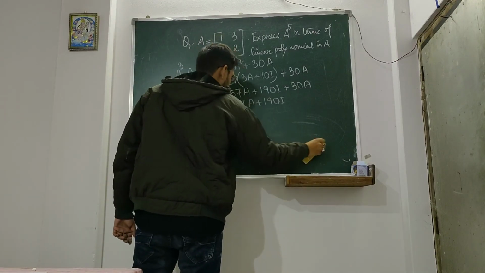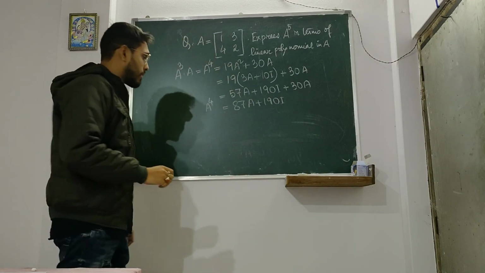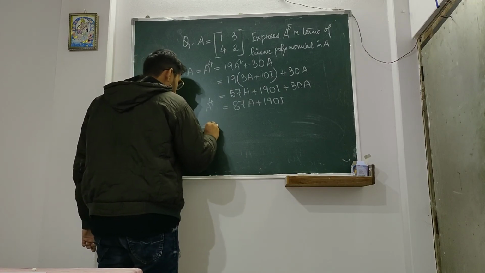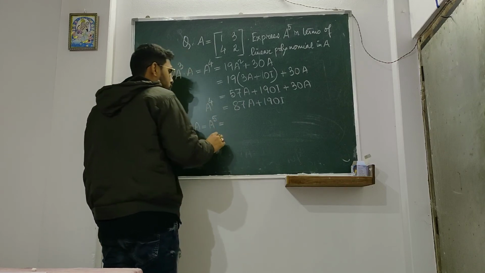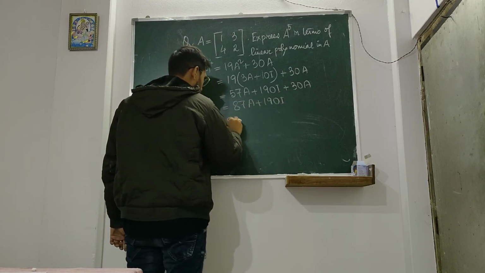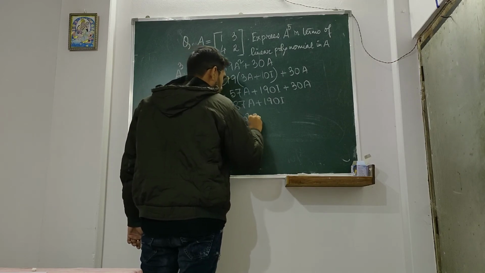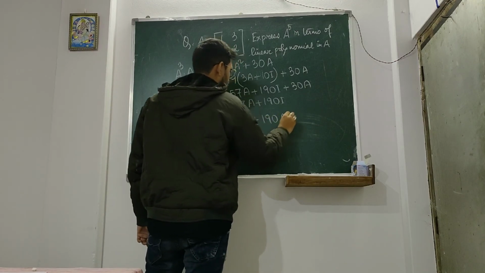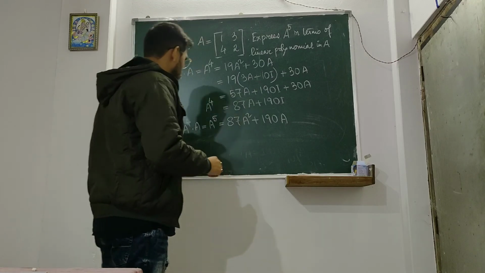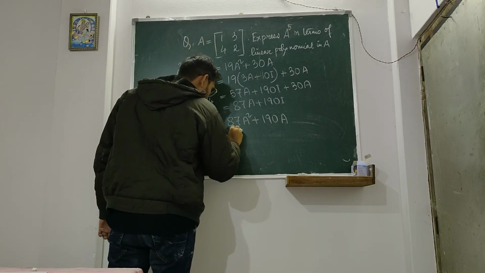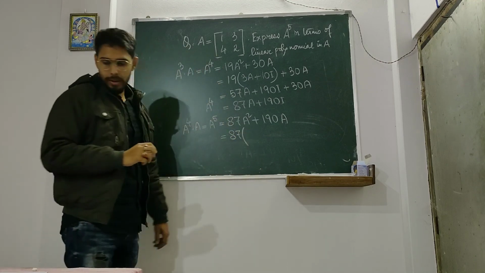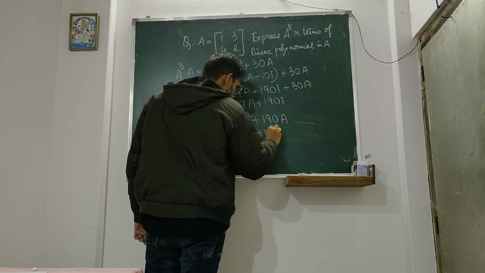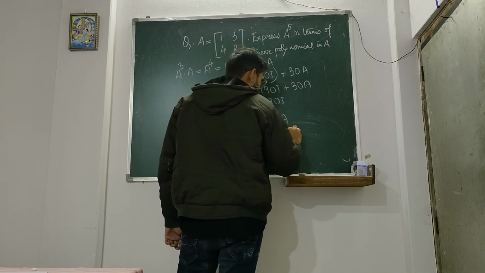Now the last one, that is to find the value of a5. So we need to multiply a4 with a so that we receive a5, and in the process we are also going to multiply this thing with a, so that shall be 87a square plus 190I, sorry, it will be a now. Okay, a into I is a. So again the same process, 87a square, in place of that we can write 3a plus 10I, plus